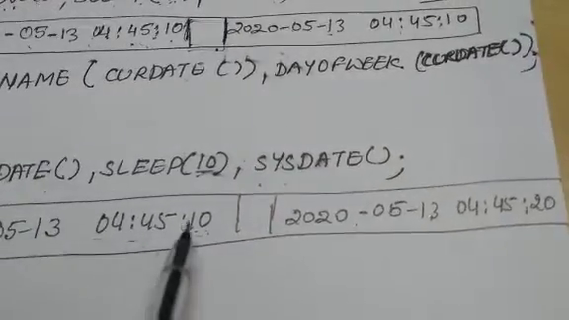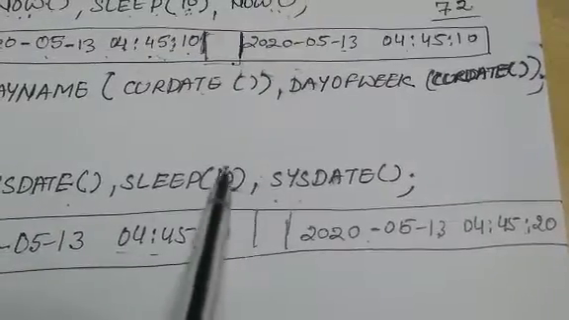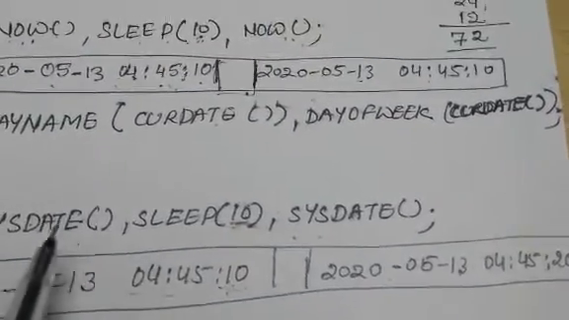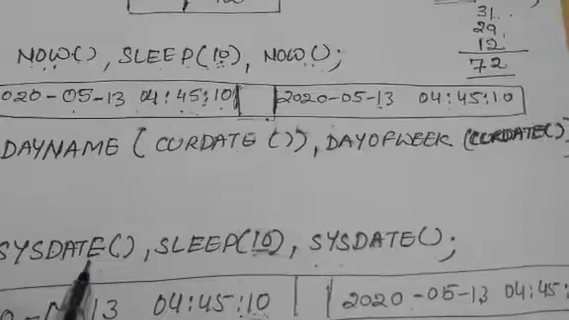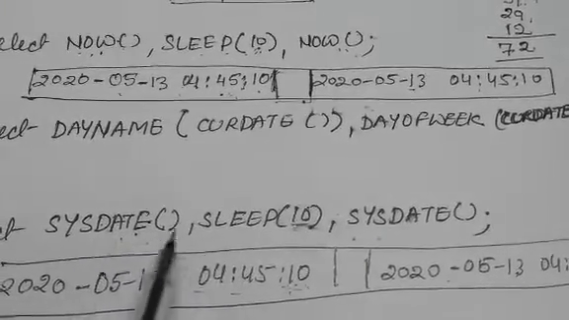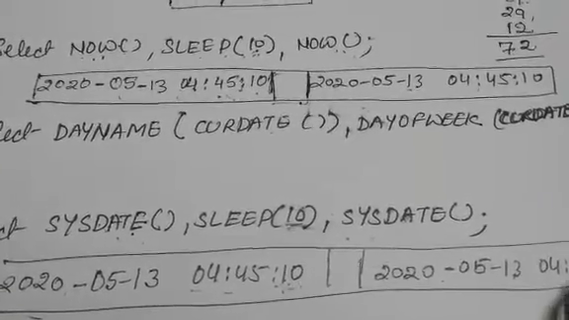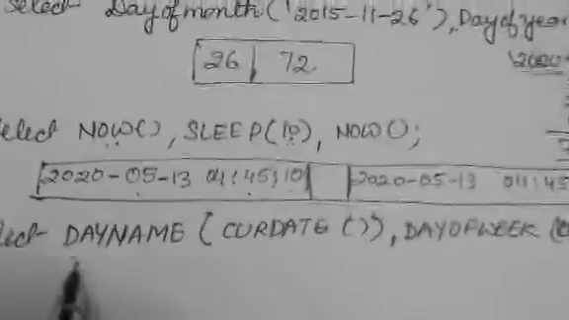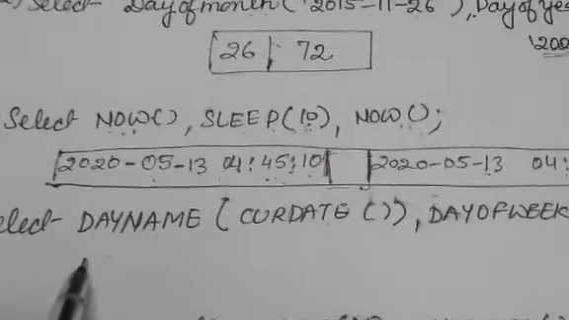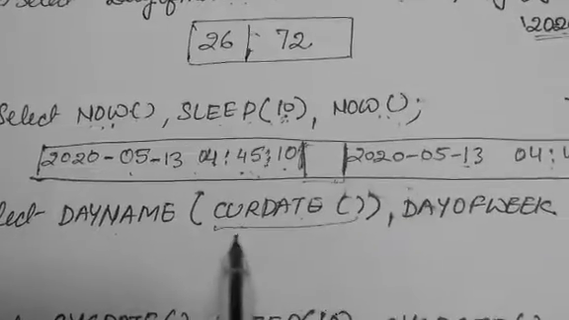Okay, so this difference of 10 seconds, because the system was sleeping for 10 seconds, but sysdate takes the system date and time. System was running, it was on, system clock keeps on running, so you'll get this time gap in sysdate. And this answer, select day name of date, this is 2020